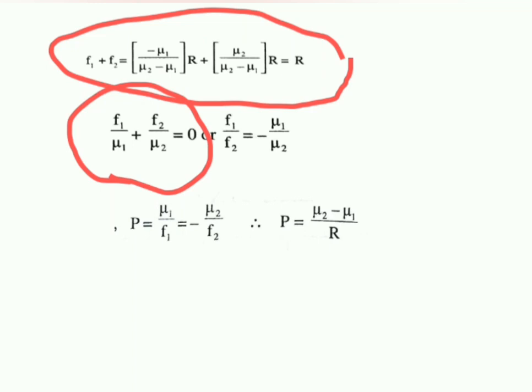And power of a spherical surface is mu2 minus mu1 by capital R. Okay, power is actually mu1 by f1 or mu2 by f2. If you eliminate f1 and f2 by using above two relations, you will get the power as mu2 minus mu1 by capital R. Okay, so these are formulas, and based on these formulas directly they'll ask you to calculate the power of a spherical surface or find out the first focus and second focus and so on.